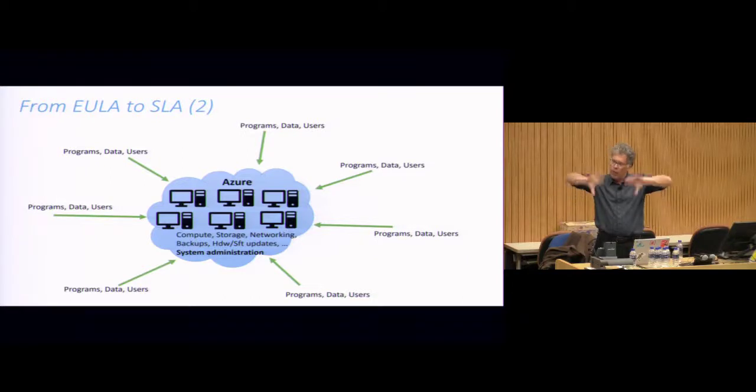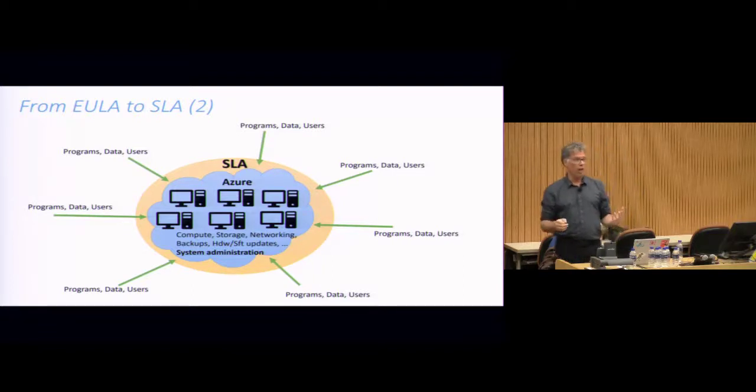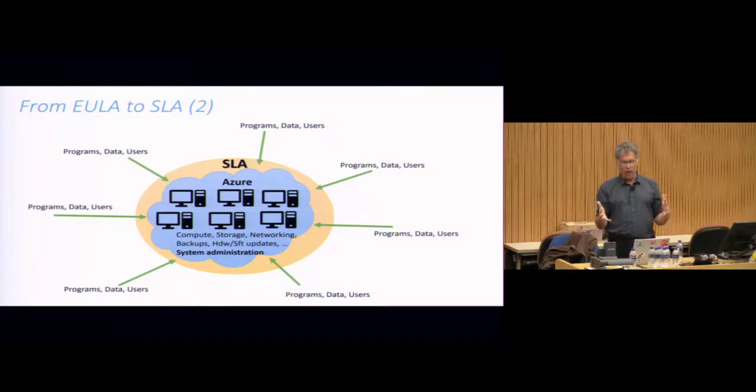So if you think about it, it's completely inverted, sort of, the business model in a way. We're not distributing programs. We want users. We want users who are developers to bring us their programs. We want people who want to do machine learning to bring us their data. And we want users, of course, because as programs and data reside on Azure, people should come and use those. And instead of the EULA, you have something called the SLA. Everybody know what the SLA is? Service level agreement.